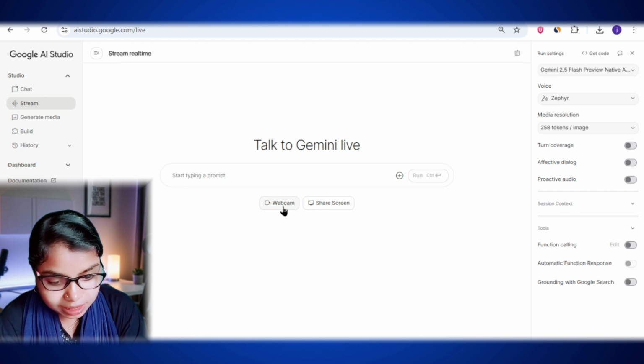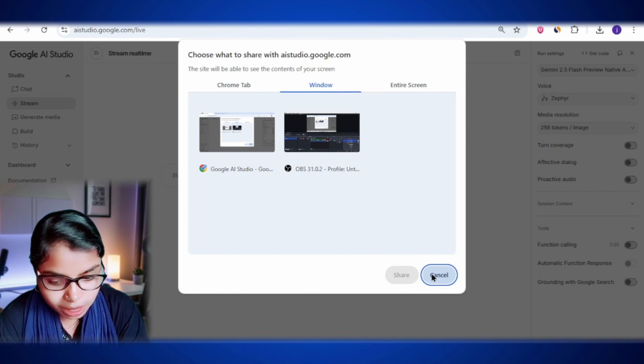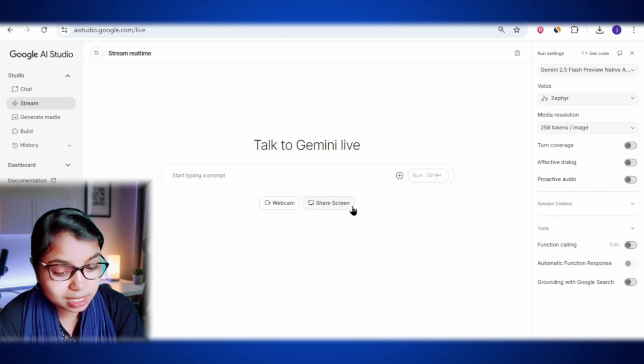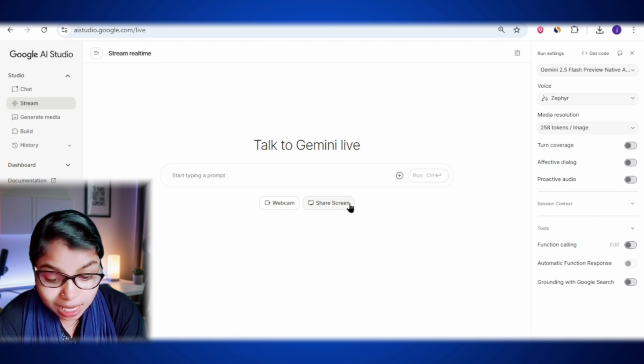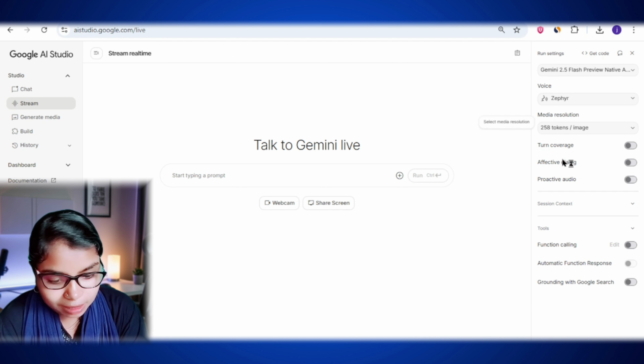There is a dedicated webcam button that lets you turn on your camera so the AI can process live video input, and a share screen button that allows Gemini to analyze your desktop in real time. This means the model isn't just reading text, it can see and respond to live visuals, making interactions much more dynamic and useful, right? On the right hand side, you will find the Stream settings panel, which includes a number